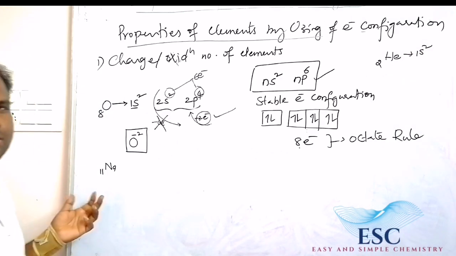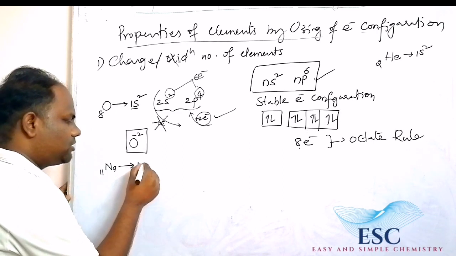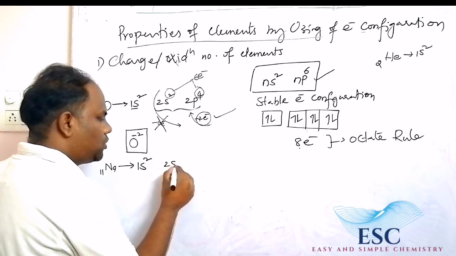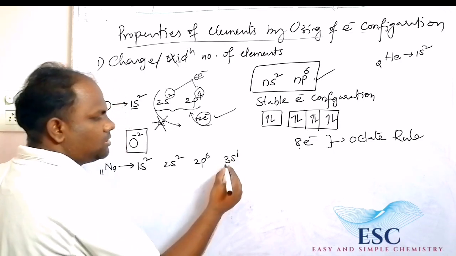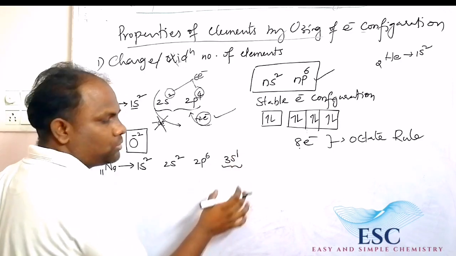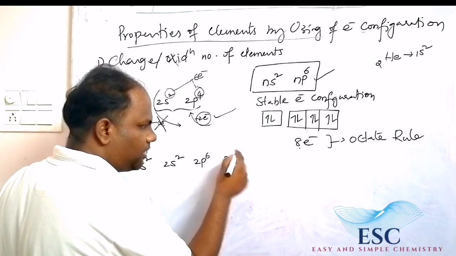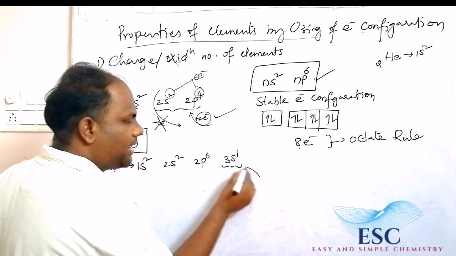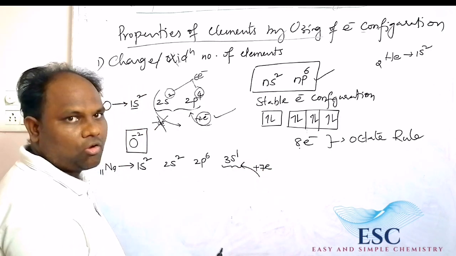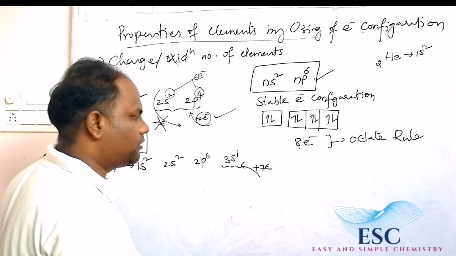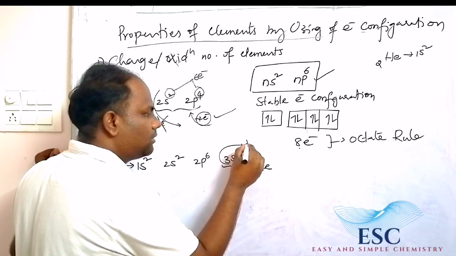We go to another example, sodium. Sodium has atomic number 11. The configuration of sodium is 1s2, 2s2, 2p6 and 3s1. So the last orbital ends with s only, which is the valency orbital, as we already know. In the s orbital only one electron is present. It requires 7 electrons to follow the octet rule, the stable electronic configuration of 8 electrons. Or, losing this one electron.